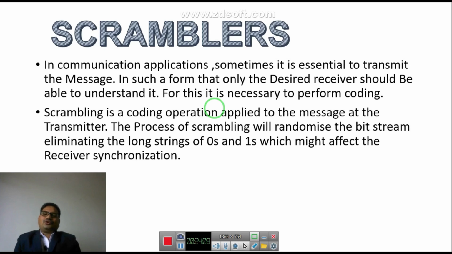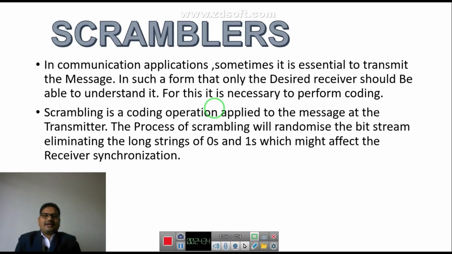Coding. So scrambling is nothing but a coding operation which is applied to the message at the transmitter. What is the process of scrambling going to do? It is going to randomize the bit stream, eliminating the long strings of zeros and ones which might affect the receiver synchronization. So suppose you have data